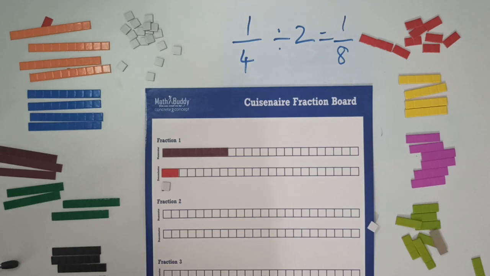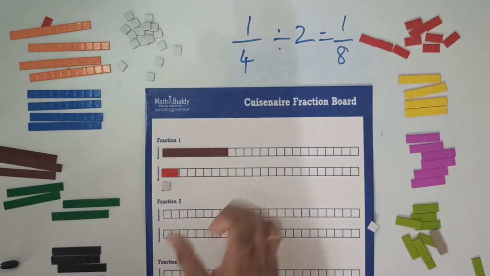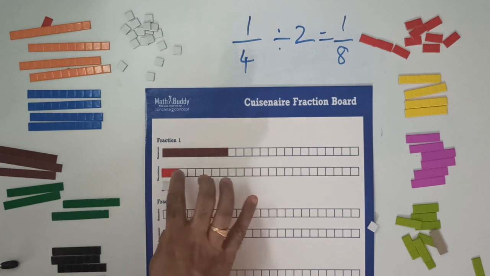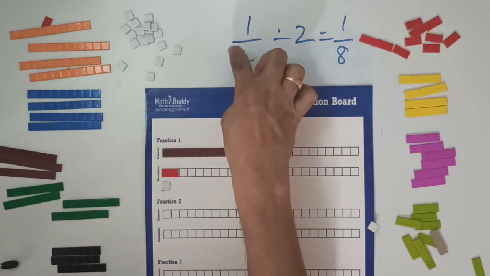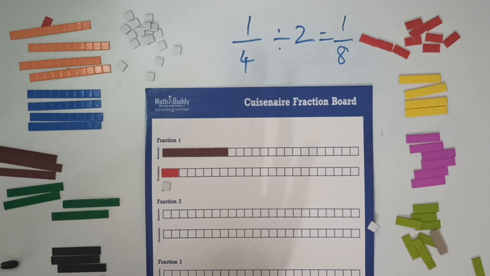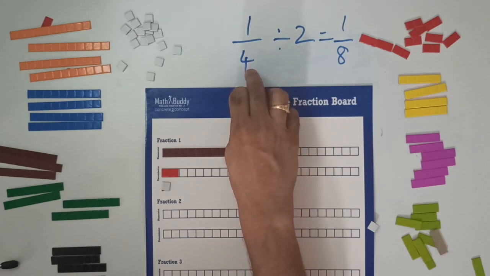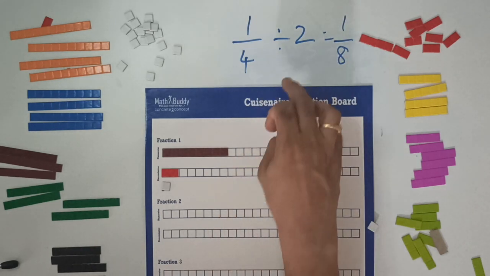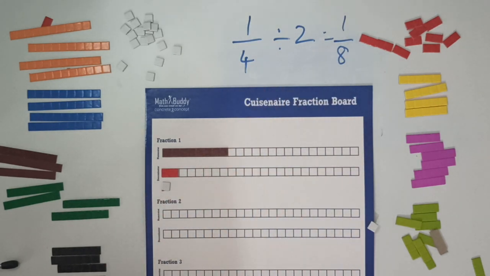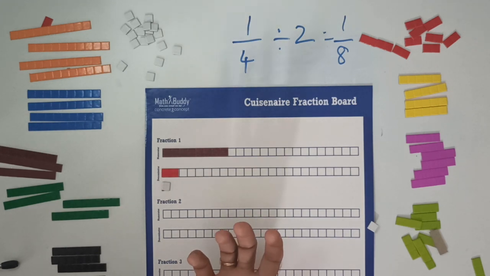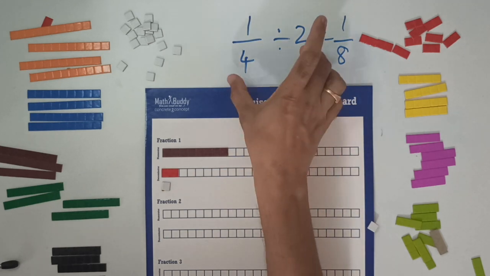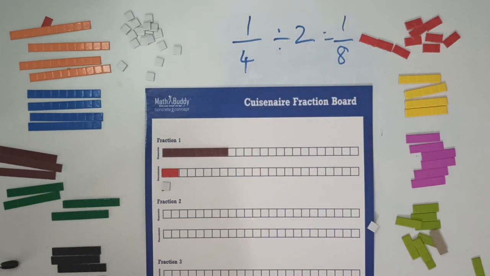Now you may be asking one question. How do you choose this whole? Why did you pick this whole as 4 times 2? If you looked at the processes that we did, we first divided this into 4 equal parts. So whatever whole you select has to have 4 as a factor. And then the result, we had to divide this into 2 equal parts. So again, the result also had to be divided into 2, right? So it has to be a number which has 4 and 2 as factors. So that's why we take the product of these two numbers as the whole.